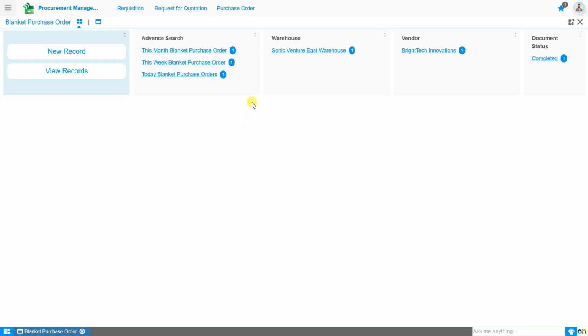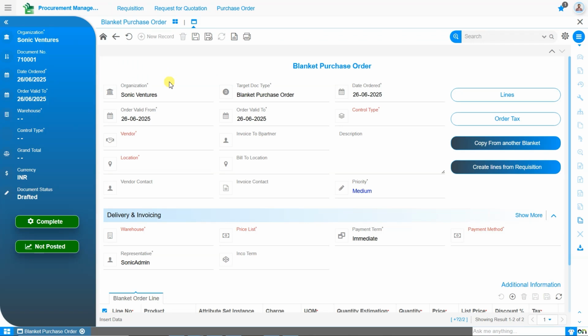On this screen, the available mosaics help you filter records based on your needs. You'll find options like warehouse, vendor, and document status, all of which can be used for filtering. Or, if you're looking to create a new record, you can simply click on the New Record mosaic to begin the process. It will open the screen in Single Record View, where you need to select the organization under which